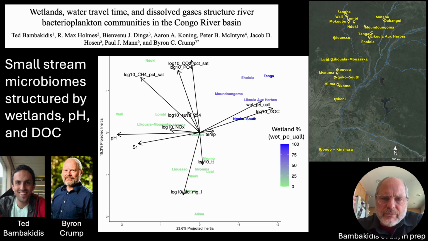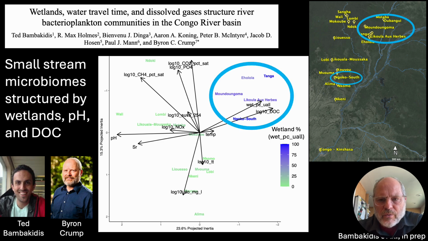But what structures the microbiomes in all the smaller rivers and streams? We removed the 4 big river sites and reran the model and found that travel time was less important, right? Instead, we found a big gradient along the axis 1 in percent wetland cover in the upstream drainage area. And we circled those sites with greater than 50% wetland cover. So in small rivers where travel time is short and less important, landscape type and its control on river chemistry is more important in deciding the composition of river microbial communities.